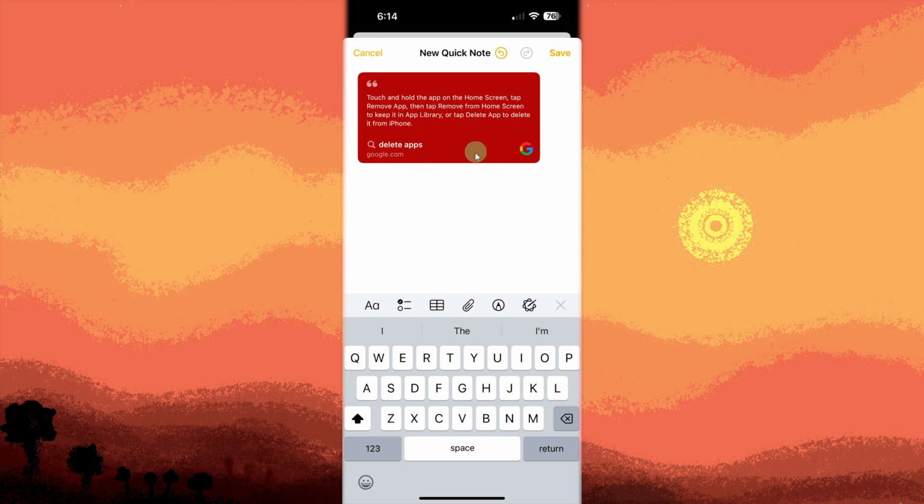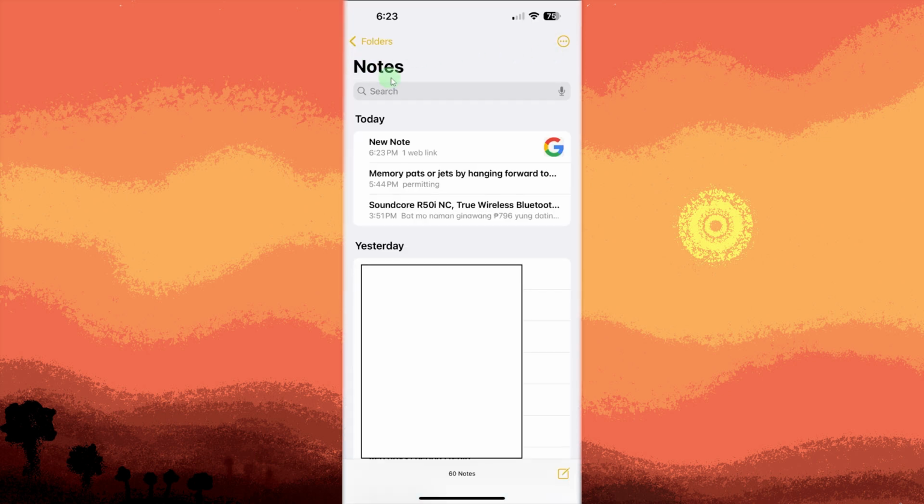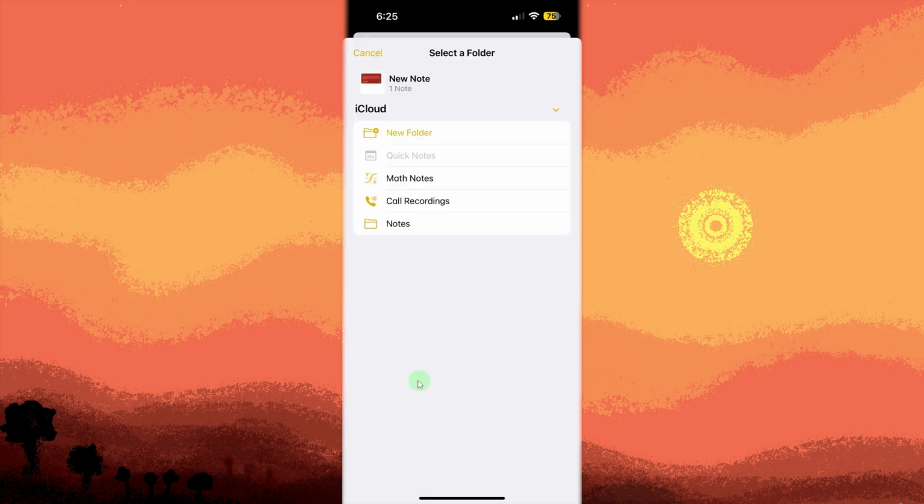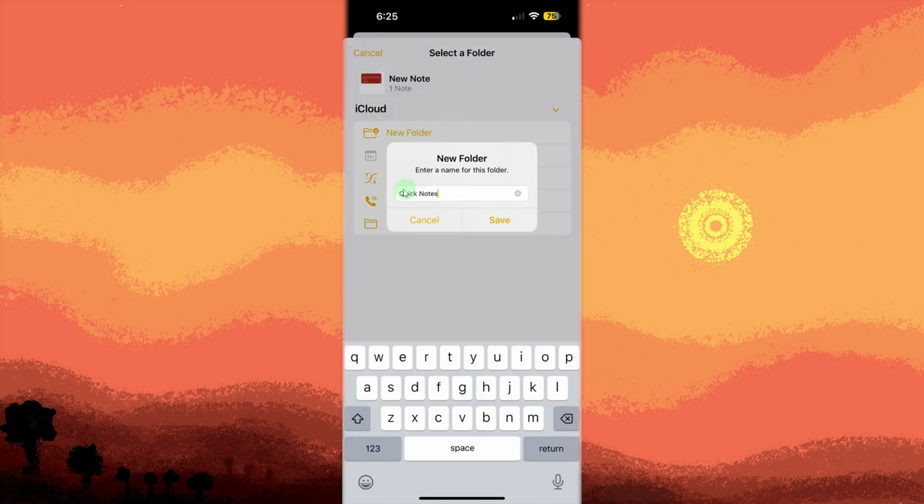Last method, use the Notes app. Launch the Notes app from your home screen. Once you see the new Quick Note created, tap and hold it for a few seconds. Tap on Move. Choose New Folder. Then name it Quick Notes and tap on Save if you want to separate the new copied Quick Notes into